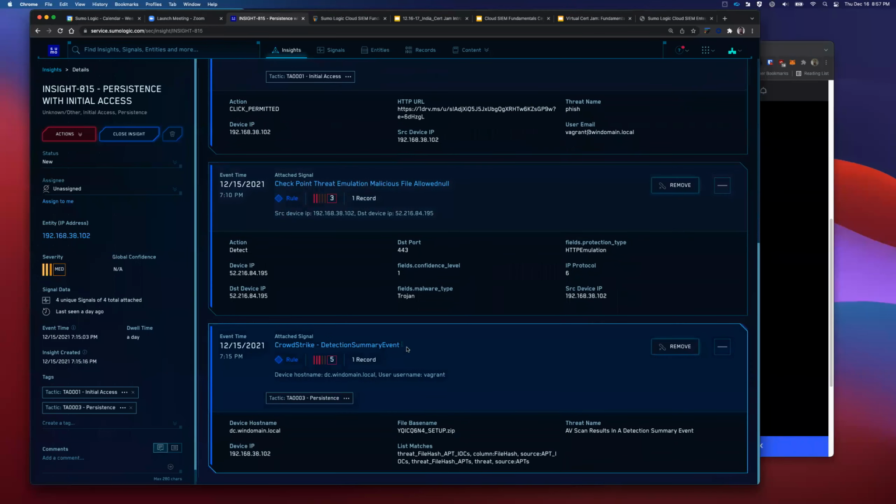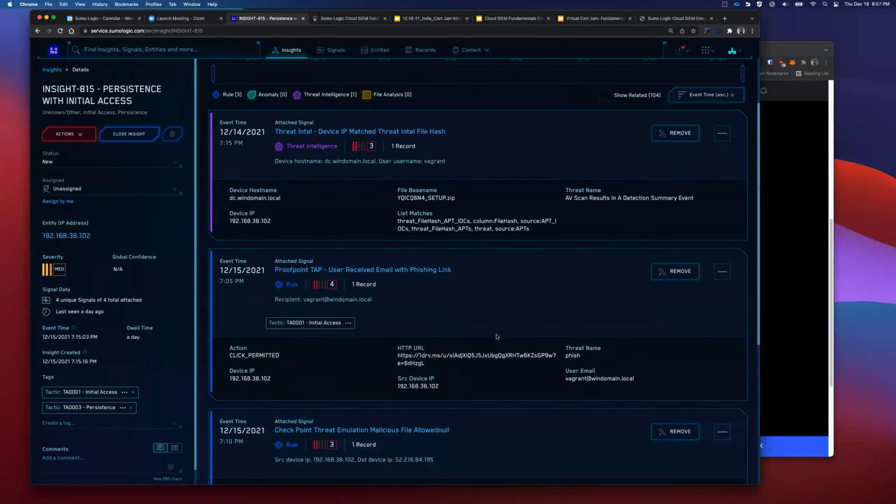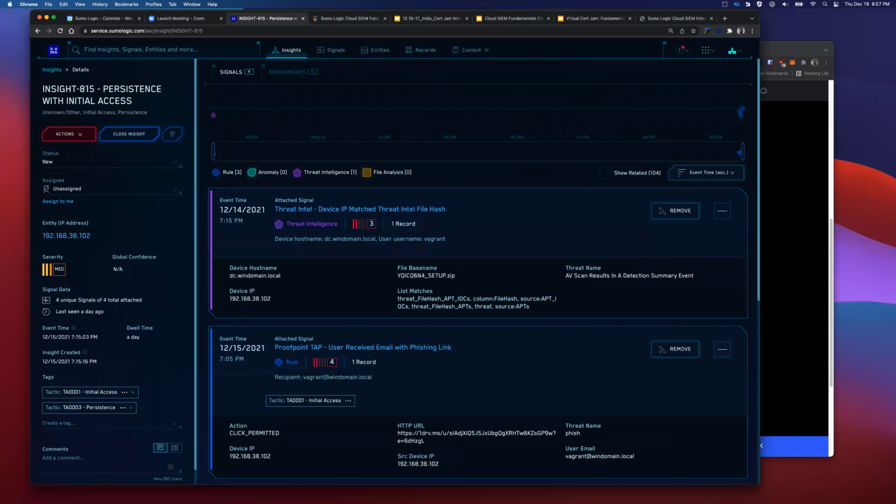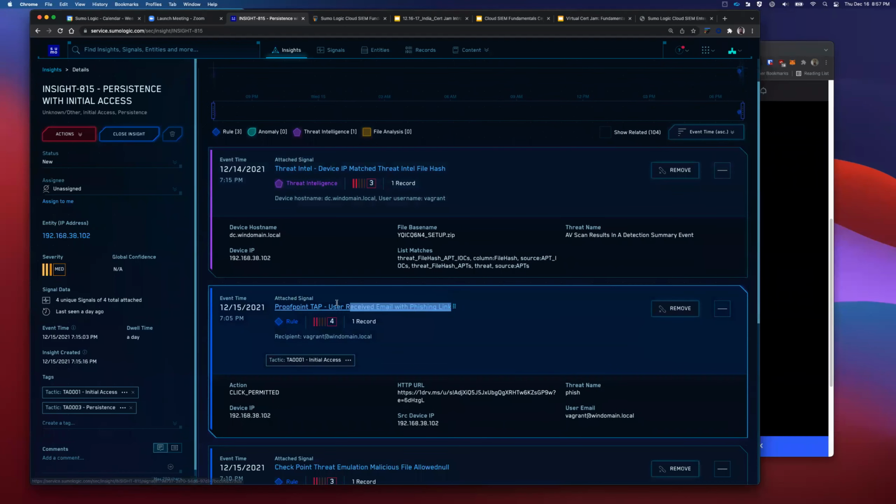And then CrowdStrike did a detection. So what happened here? It does provide us the steps here. Essentially, our user, the recipient here, Vagrant, received an email. And yes, the alert timing is not in order. That's correct, and it should be. That's the issue here.